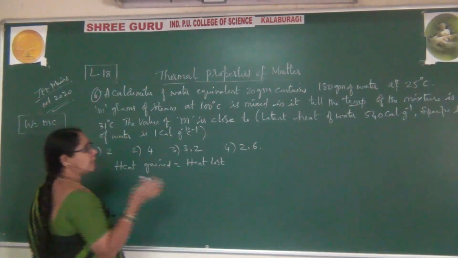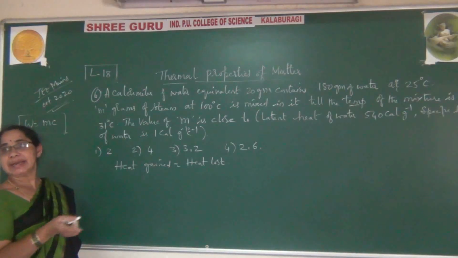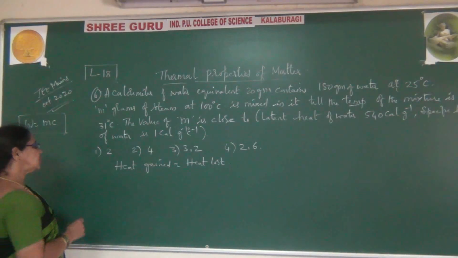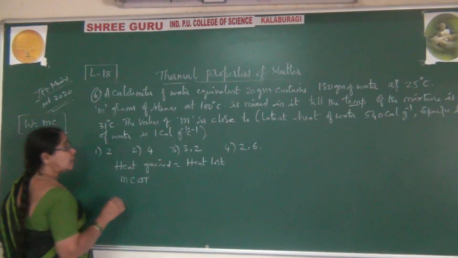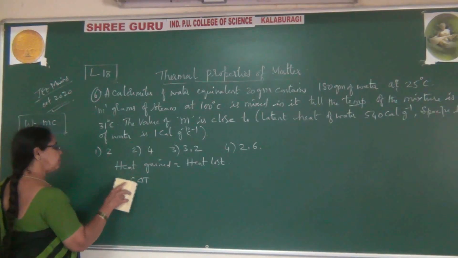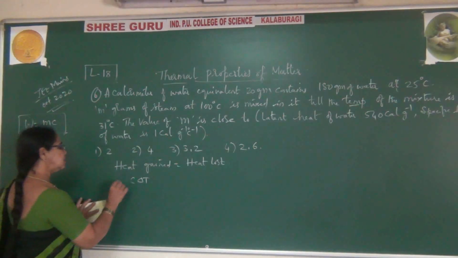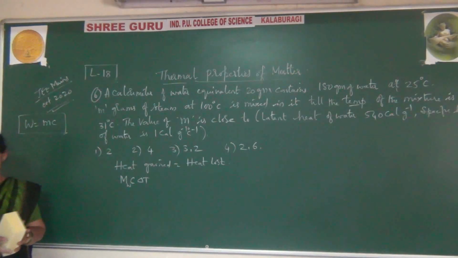Please observe, there are two masses. One is 20 gram plus 180 gram of mixture. So first you write mc delta T. Here the mass of water is there, so for your reference, I just write capital M, then you can make the difference as small m. This is the mass of water, that is mc.